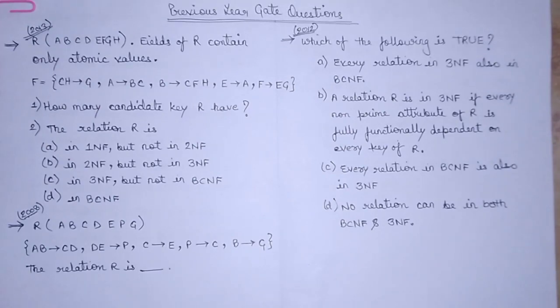In the previous videos we have completed the normal forms. So in this video we will be discussing the previous year GATE questions based on those normal forms, that how you can identify whether a relation is in 1NF, 2NF, 3NF or in BCNF. This is a kind of important question that can come in GATE very frequently. So I am discussing around 3 to 4 previous year GATE questions which will help you understand how you can find out the solution for a prospective problem.